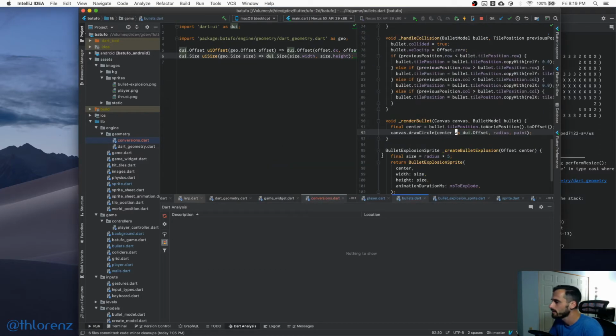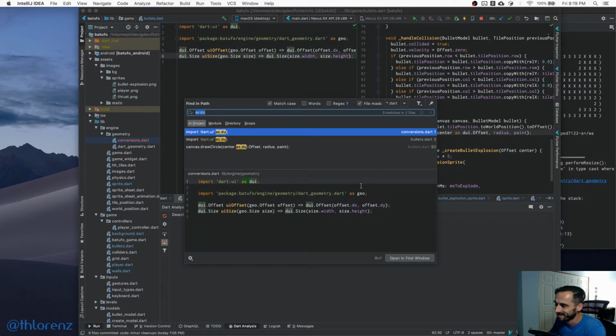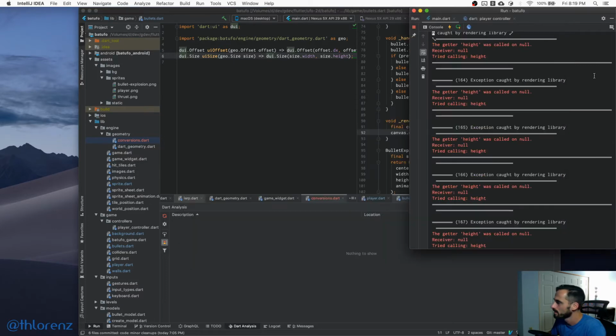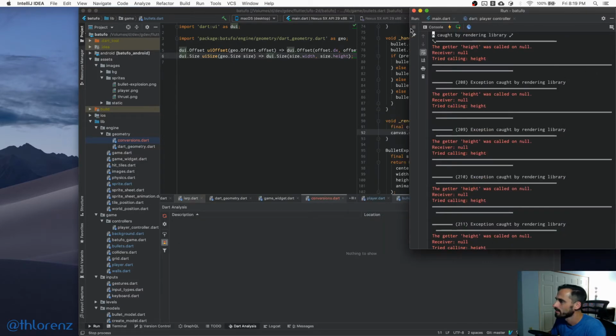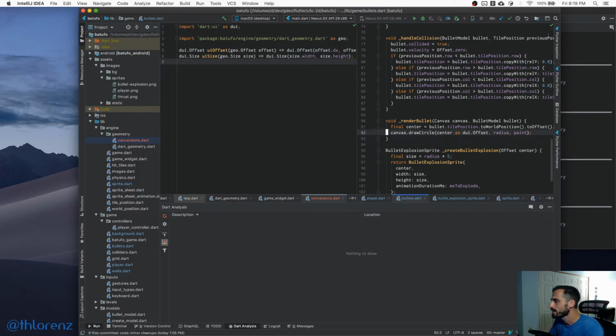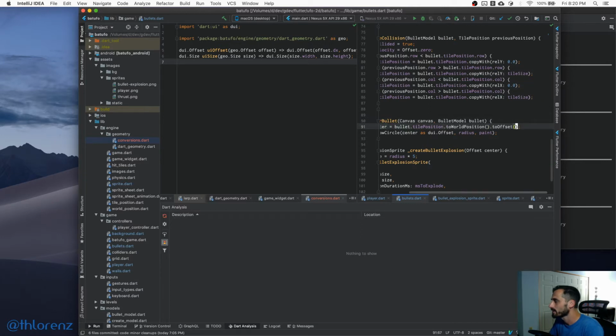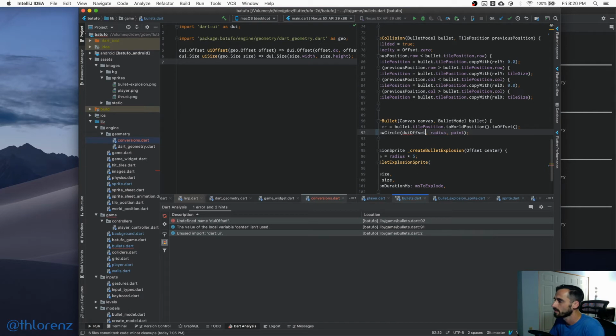So first of all, here we don't, right? So render bullet. Okay, so we'll get to that later. I already see that there's going to be a lot of these fun things. So let's stop this for now. So basically the thing is that we are rendering here. Okay, so that's fine though, because this is an offset. Okay, so yes. So what we'll have to do is convert this ui offset from the center,